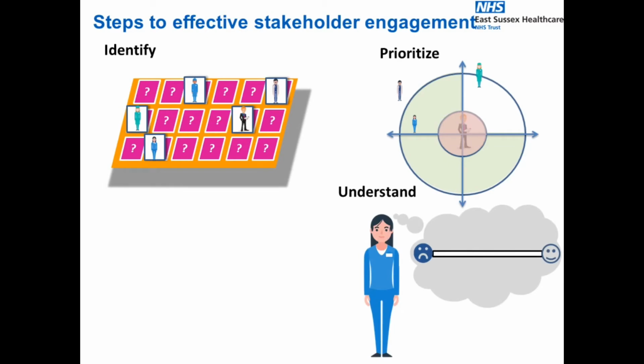Now that we've decided with whom we want to focus our engagement efforts, we need to have a think about how receptive those people or teams are to the change that's being proposed. Because whether somebody is already on board with the idea that we're proposing, or if they're actually very resistant to it, will make a big difference to how we might want to approach starting the engagement conversation with them. And this is where we can start to put together a plan of how to communicate with each of these stakeholders.